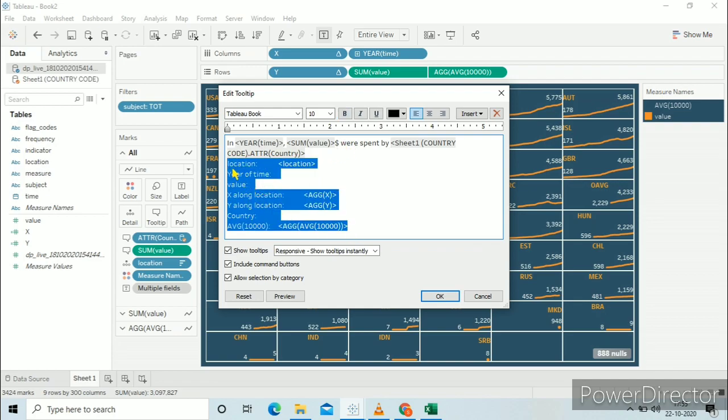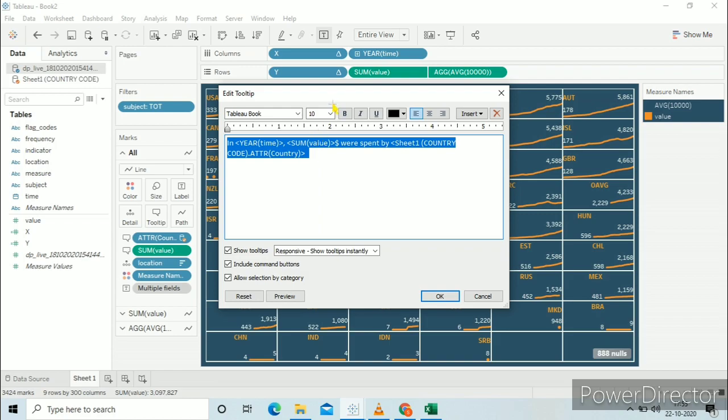So now I'll just show you what to do. I'll just edit it, increase its size, make the important things bolder. I'll make all of these three things bolder.